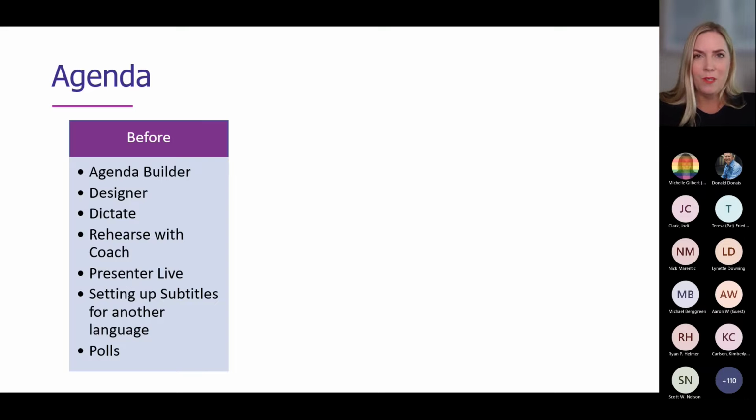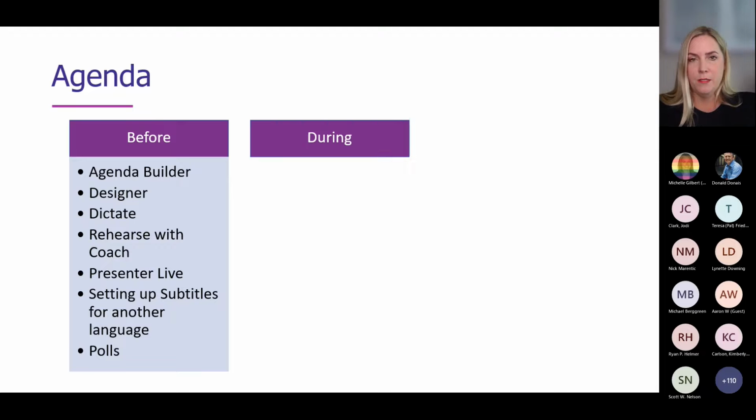We're also going to get into polls, and you'll see me flipping back and forth. This agenda is not necessarily the order we're going to go through it in, because I'm demonstrating a lot of these things live with you, and we're going to be incorporating these as it pertains to this session. So that's like 90% of it, right? All the stuff you need to do to prep for whatever it is you're going to be delivering or participating in. Then we get to the time of, okay, now what do I do?